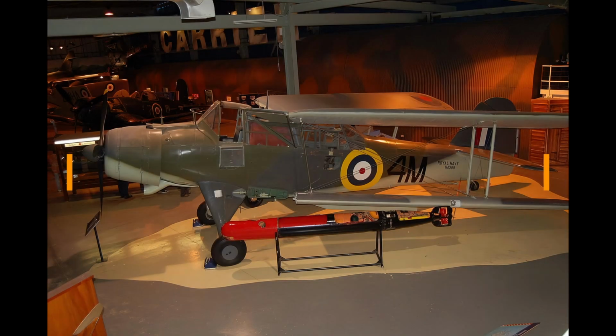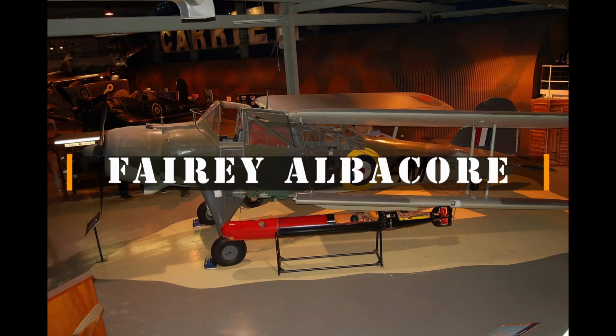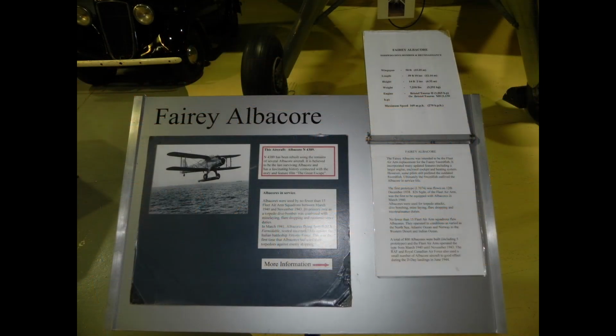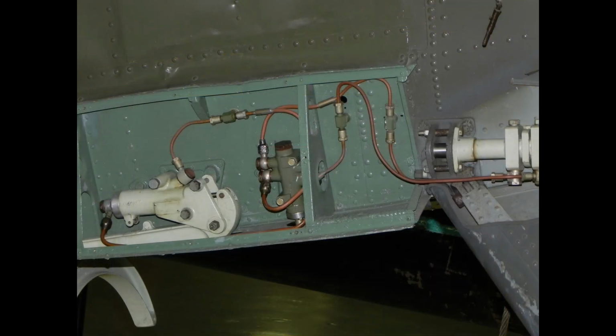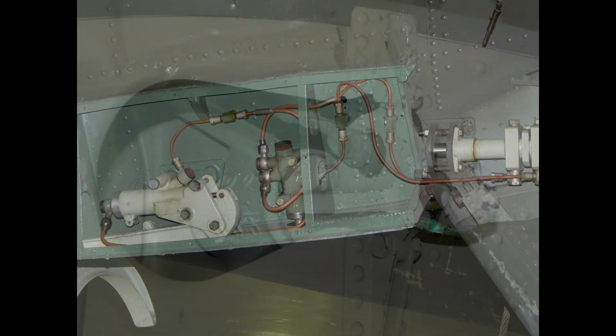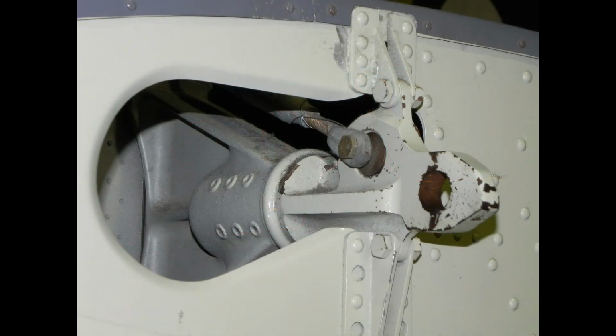The Fairey Albacore was a British single-engine torpedo bomber built by Fairey Aviation between 1939 and 1943 for the Royal Navy Fleet Air Arm and used during the Second World War. It had a crew of 3 and was designed for spotting and reconnaissance as well as level, dive, and torpedo